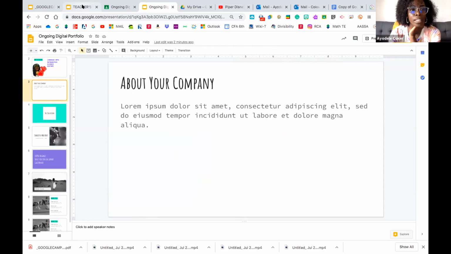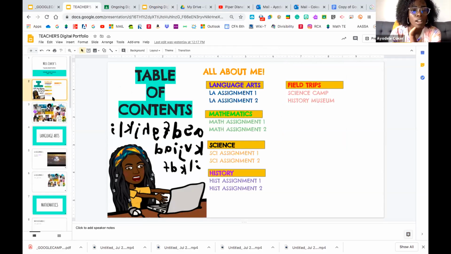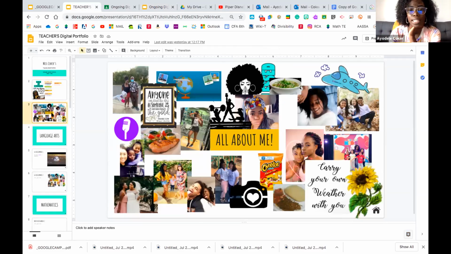The All About Me, if I can show you mine, the All About Me page looks like this. I made one for you guys for a sample. And my rule for the All About Me page is I don't want to see any words from you. You're only allowed to put the title, All About Me, and quotes. Quotes are the only kind of words you can have on the page because you can use this as a getting to know you: you have your students in breakout rooms and they have to share their screen and then they have to infer something about that person after they've built their All About Me.